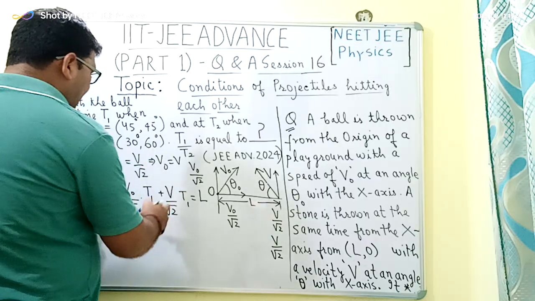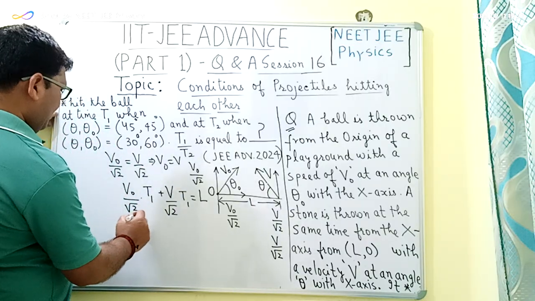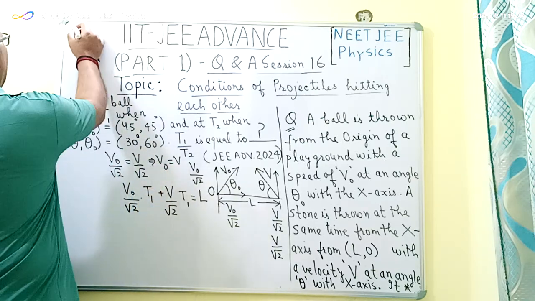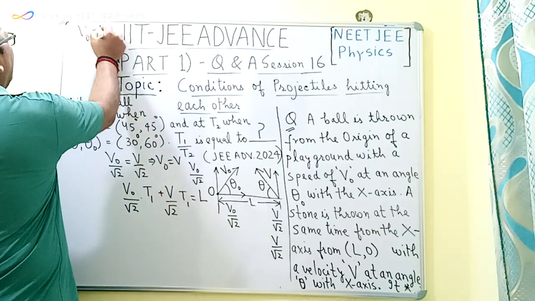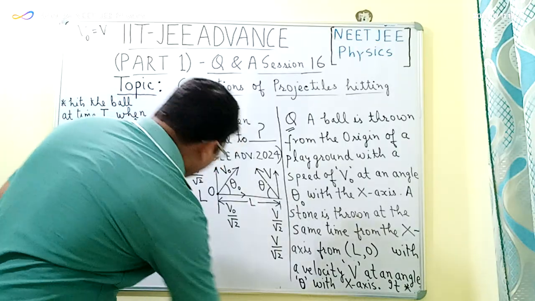So from here, these are the two relations. The first relation is that V naught will be equal to V in the first case. And for the second case,